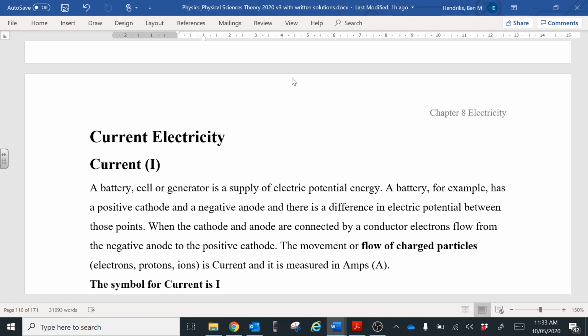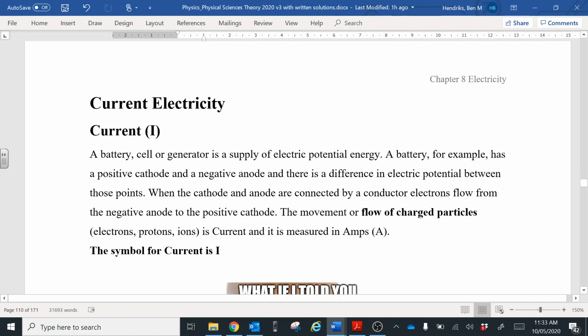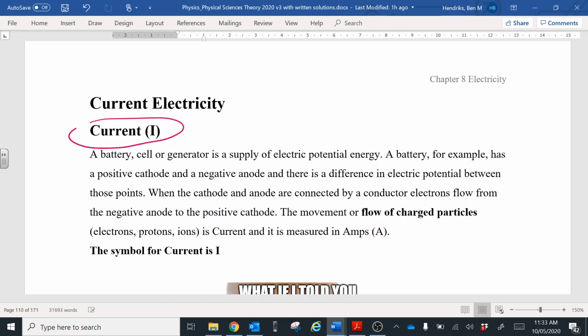Okay, so in the last video, we looked at static electricity in lightning and stuff like that. This time we're going to look at current electricity, which is the electricity we actually use. So current electricity, the symbol for current is I. It's for historical reasons and also to avoid confusion with another